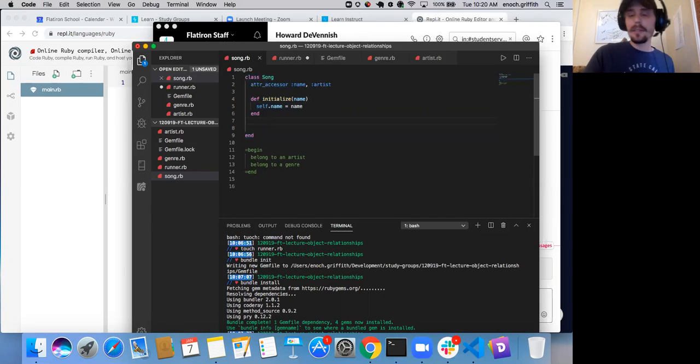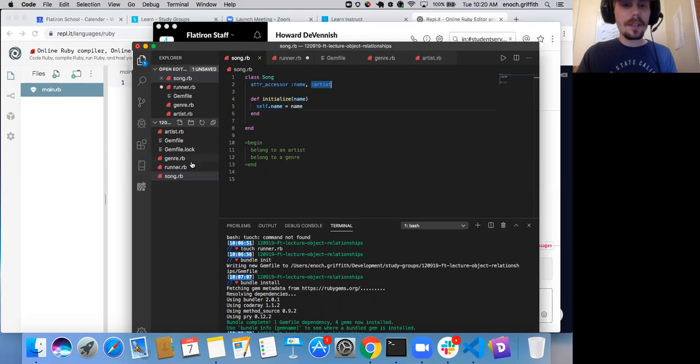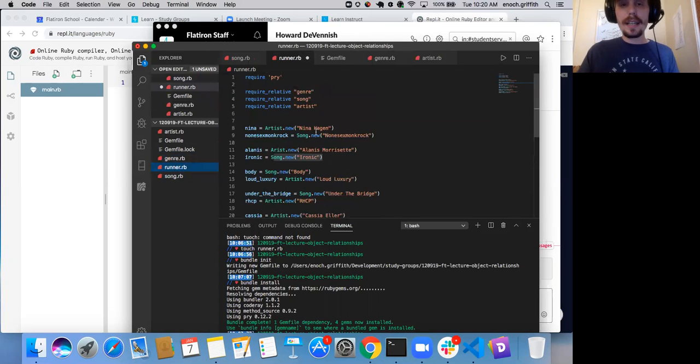And that's essentially what belongs to us. It's just us setting an instance variable and storing an object in the instance variable. So what we're gonna do is we're gonna go ahead and